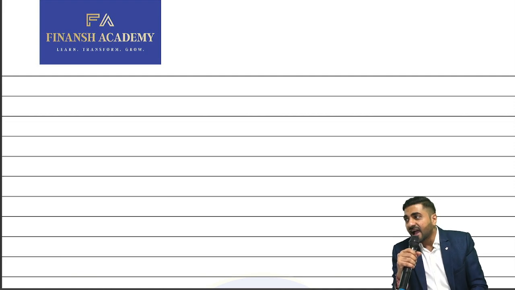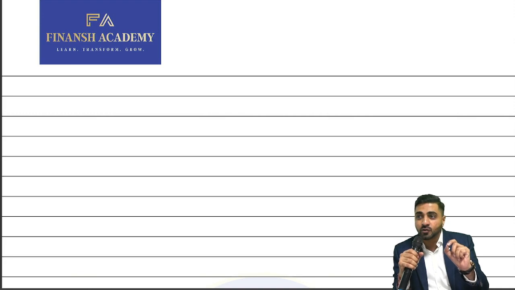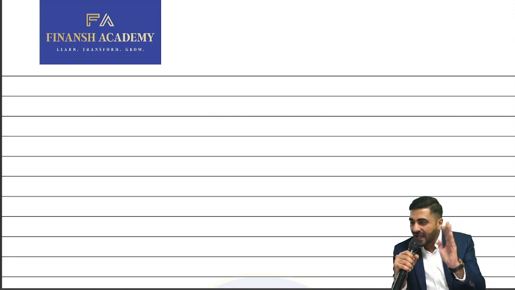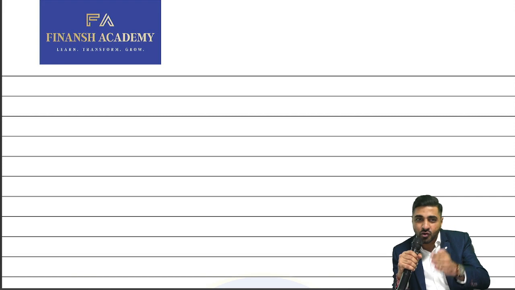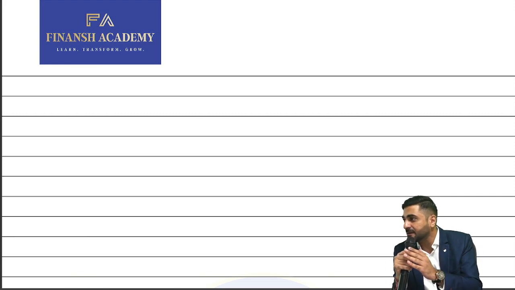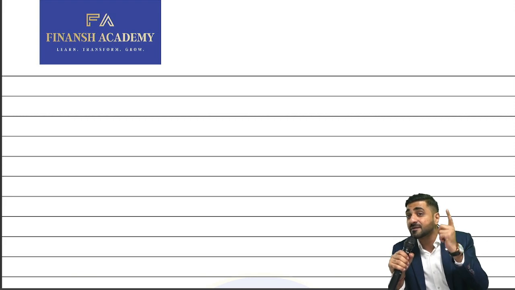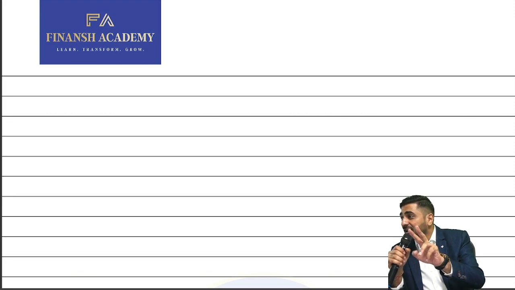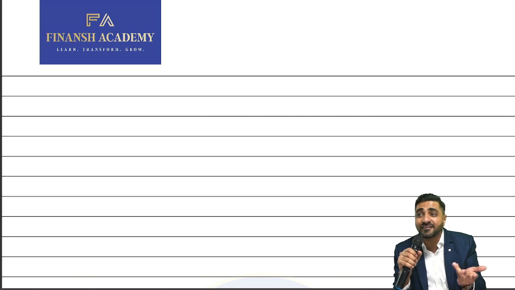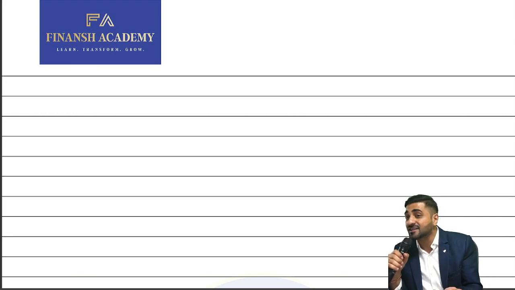Now, I have classified the ratios into 3 main sets, and then there are some other important ratios we don't classify in this. So the first set of ratios which we are going to start today is called your balance sheet ratios. What are they called, beta? Balance sheet ratios. Now in balance sheet ratios, your numerator and denominator obviously come from where? Balance sheet. That's why we call them balance sheet ratios.